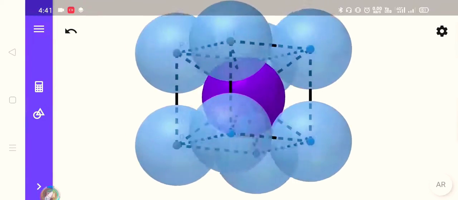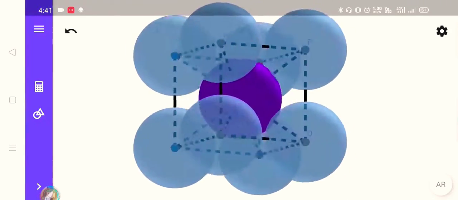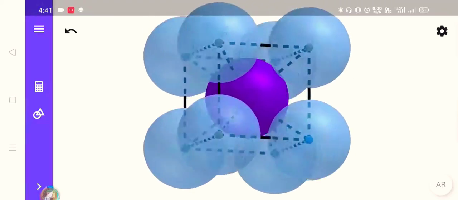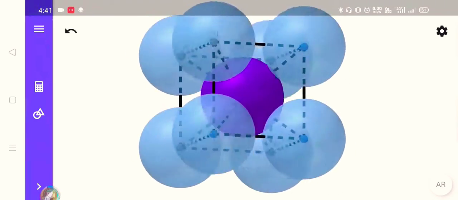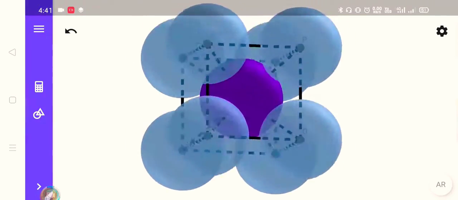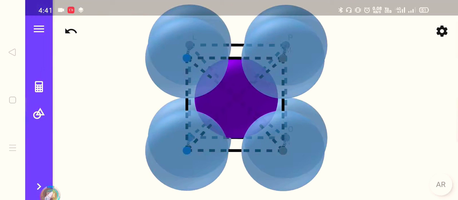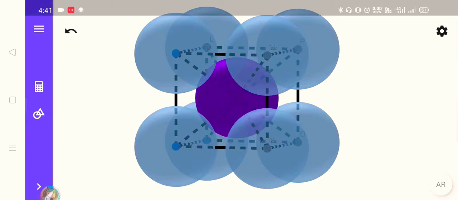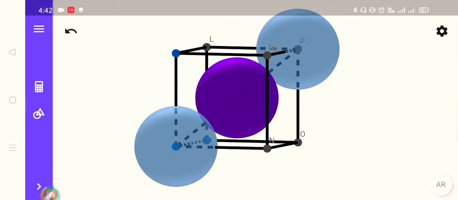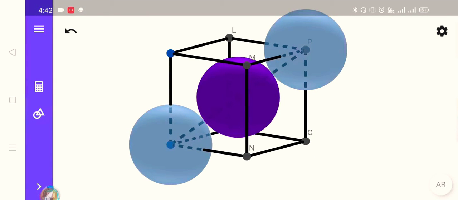So this one is our body centered unit cell, BCC. In this case we have 8 corner spheres and 1 body centered sphere, that means a sphere present at the center of the cube. So let us try to find the packing efficiency of this structure, but before that we will ignore some of the spheres which we do not need. From this structure we removed the extra spheres. They will be present inside the unit cell, but right now we are just ignoring them for simplification.